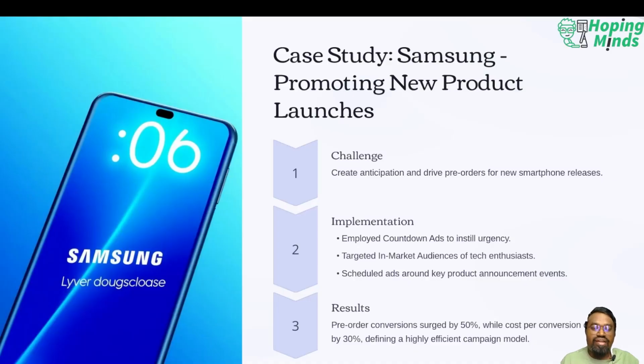It targeted in-market audiences of tech enthusiasts, then scheduled ads around key product announcement events. The results they generated: pre-order conversion surged by 50% while cost per conversion dropped by 30%, defining a highly efficient campaign model. So most brands do this, but if I take out an example specifically of Samsung,